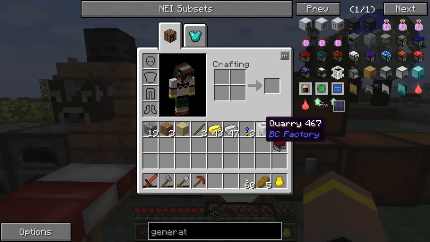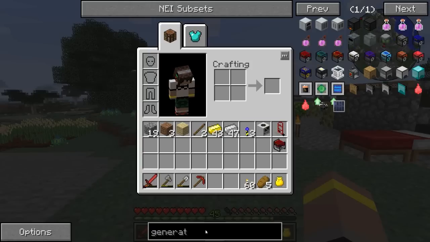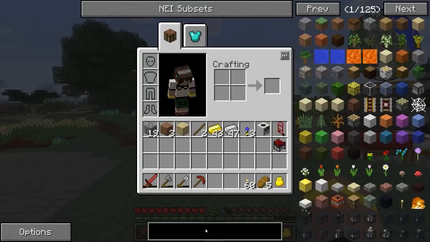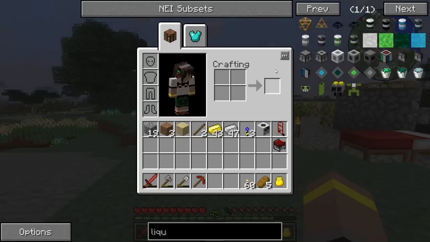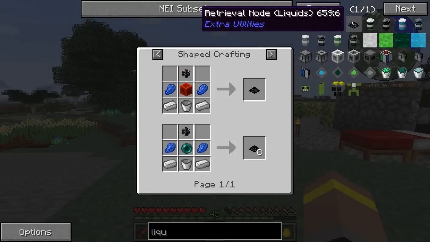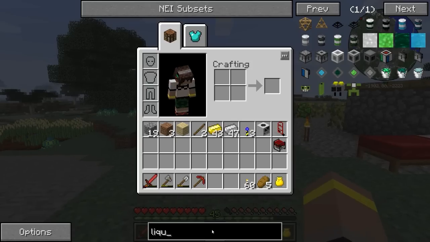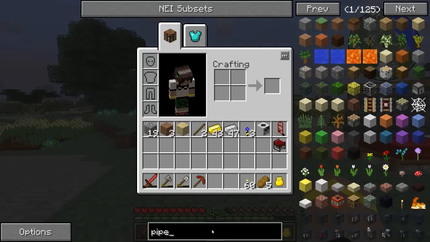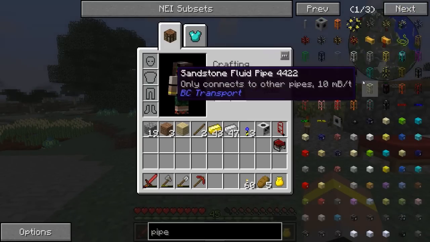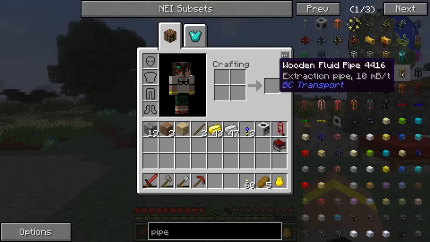So we need to be able to move our liquid, don't we? So we can do that. So to make our liquid pipes, now there's a couple of ways that we can do this. So I was either going to use the transfer node, so we can use the different types of transfer nodes for that. And there is the retrieval node for liquids as well, but that needs diamonds. So I think what we're going to do is we're just going to go with a liquid transfer pipe. That's probably going to be the best thing. But I will need a few bits to do that. So we're going to need a wooden fluid pipe, I believe, to...